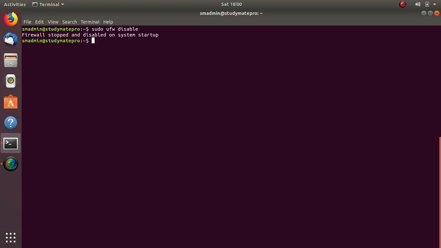Now the firewall has been disabled. The next step, you check the status. And as you can see, the status is inactive because we already disabled it. The third thing is that we need to set up the default for this